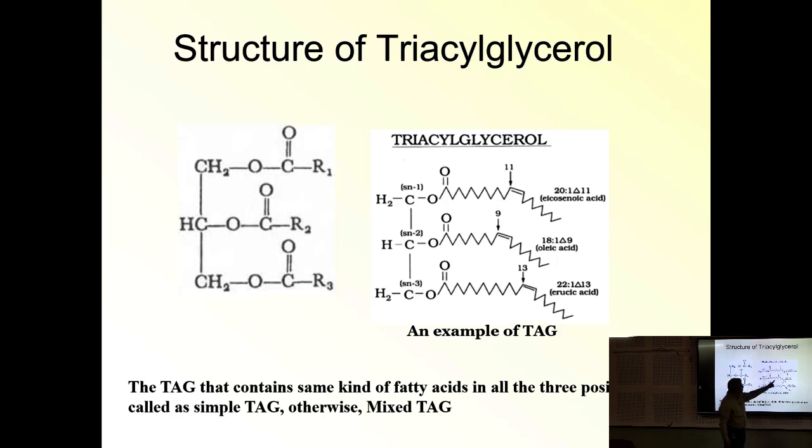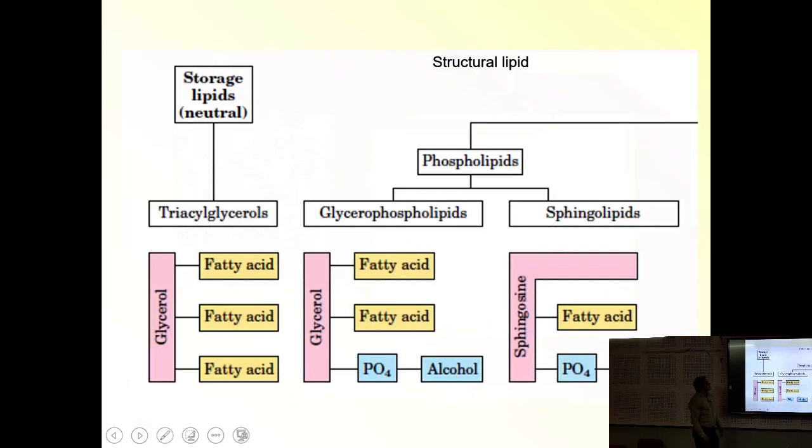So these are R1, R2 and R3. Erucic acid, that is 20:1 at delta 13 position, that is also erucic acid. So these are also examples of triacylglycerol. This is found in different compositions in different oilseeds, as well as non-oilseed crops, which also contain 1 to 10% of oil. Okay. So, storage lipids we have completed.